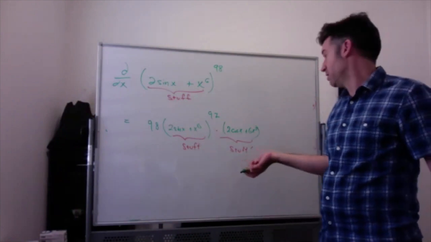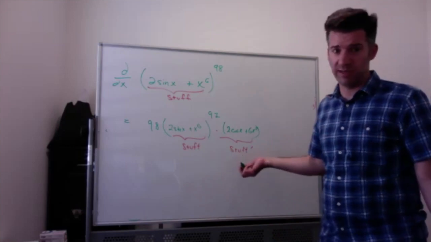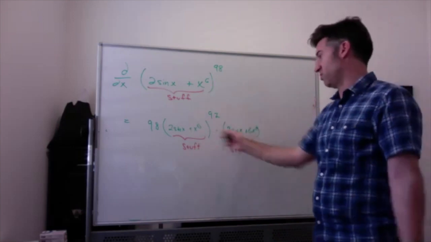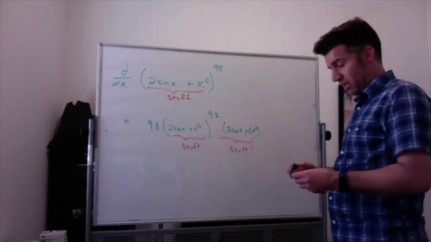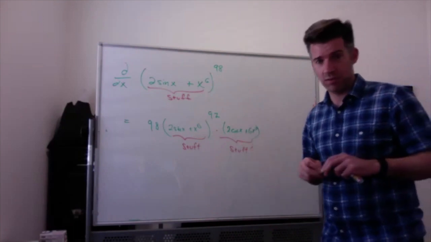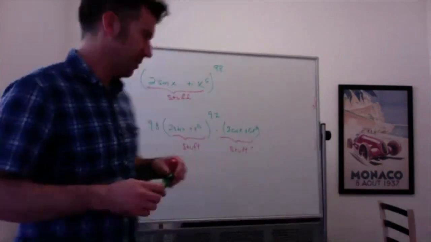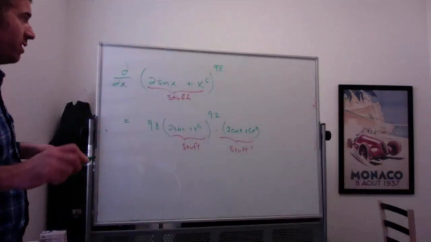And you definitely, there's no good simplifying to do here, right? There's no multiplying this out. There's no combining these together. We just leave it as is. And that's kind of the gist of the chain rule. I know I've said that a few times, but it really is. So if you have a function,